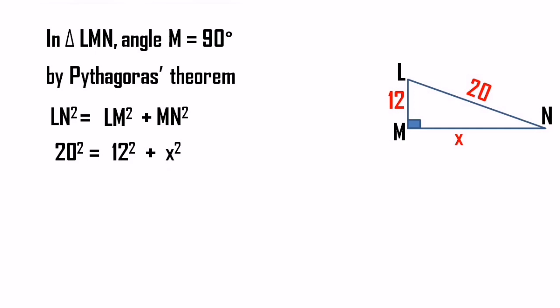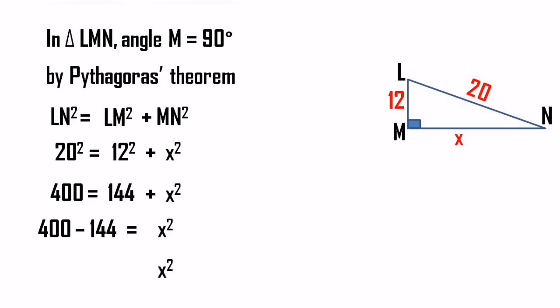Next step, we have to square it. So 20 square is nothing but 400 and 12 square is nothing but 144. The remaining part will be written as it is. The next step will be subtraction, of 400 and 144. After this, the moment you do the subtraction, 400 minus 144, you get the answer, how much? Any guesses? Yes, of course, it is 256.